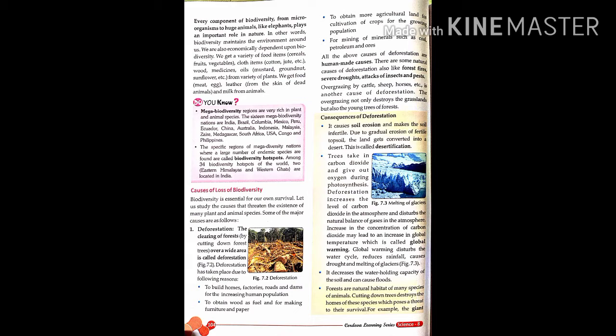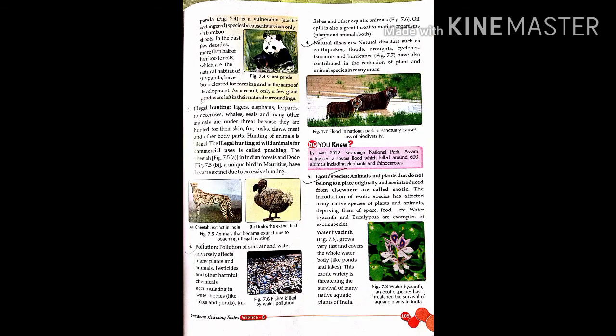So in this video I am going to explain that portion which was left in the last class. Okay, now another cause of loss of biodiversity is illegal hunting. Illegal hunting means illegal killing of animals for different uses, to take out their skin, for making different types of commercial products. Animal leathers were used for making belts, shoes and different types of things.